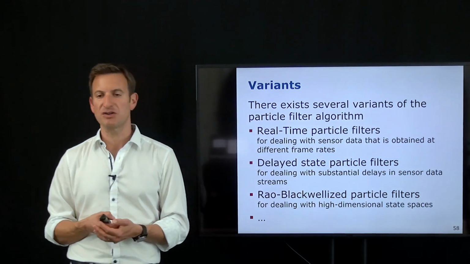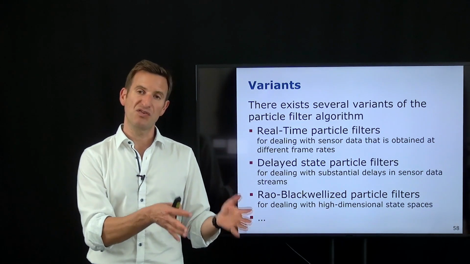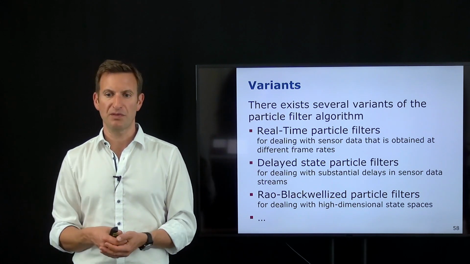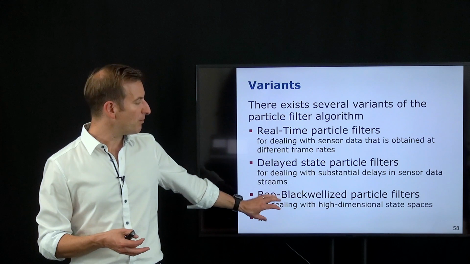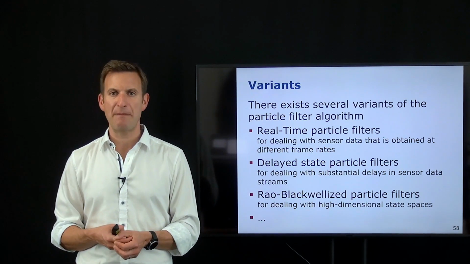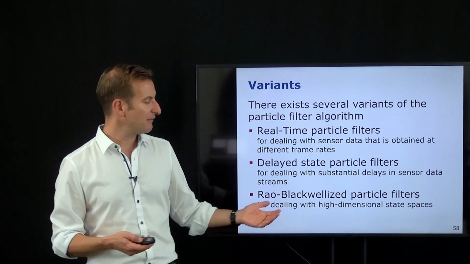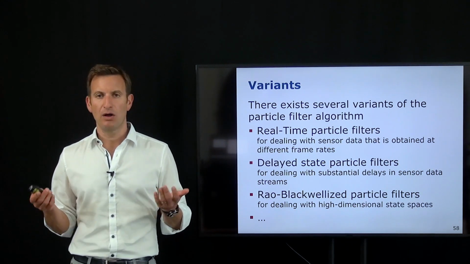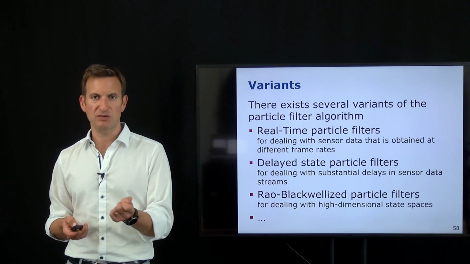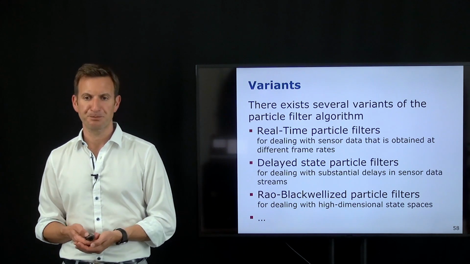If you're working in high-dimensional state spaces, and you can split up the state space into a part of the state that you can estimate with samples and a part which you can then compute conditioned on those sampled beliefs, you can do things in a more efficient way. So Rao-Blackwellized particle filters have, for example, been used for addressing the simultaneous localization and mapping problem, when you need to localize a robot and build a map at the same point in time, and have led to very successful mapping algorithms. Although the dimensionality of the overall problem goes into the millions, there's only a small number of dimensions that you need to represent with samples, and then you can compute the rest analytically.